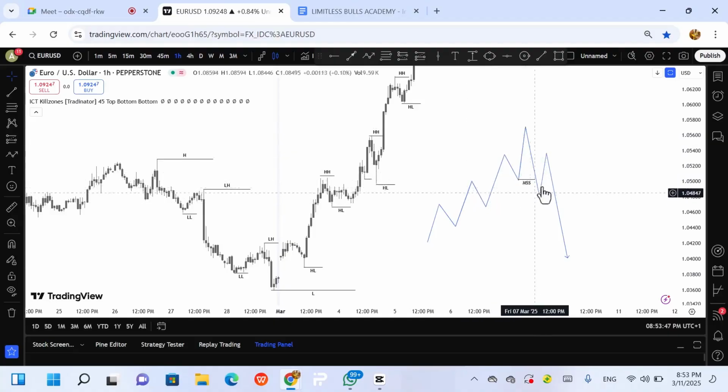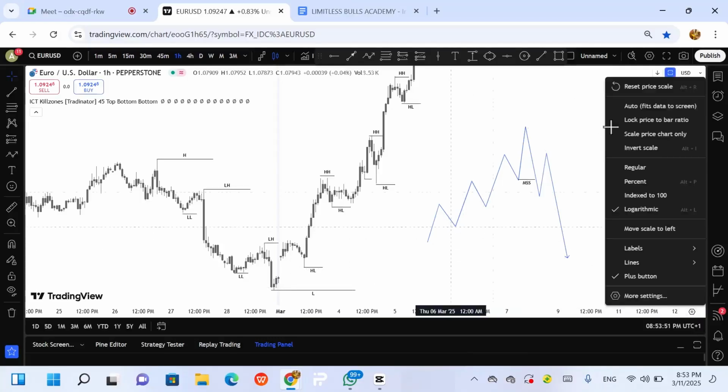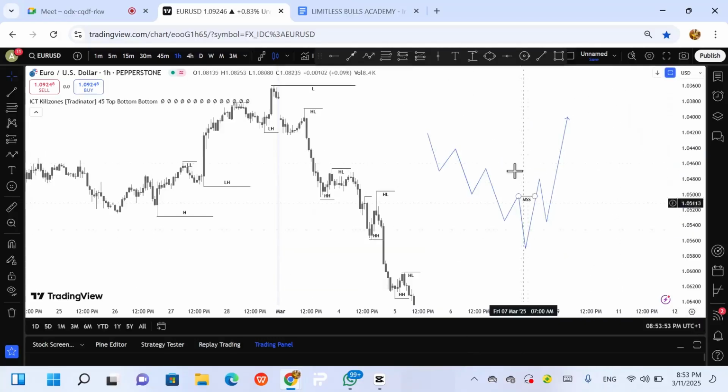So in this case, we are waiting for a pullback to continue the trade. And at the same time, this is for a bullish market. At the same time, this is for what? This is for a bearish market. So market has been trending downwards, and then we saw this boom. This is what now? This is a market structure shift. It shows a sign of strength. It shows a change of trend as well. You understand? So maybe you come to this point now and be looking for entries. You get the point? Or maybe, as the case may be, we'll talk about entry model later.